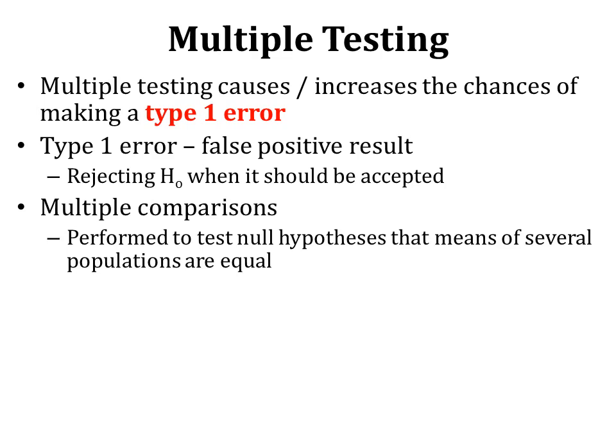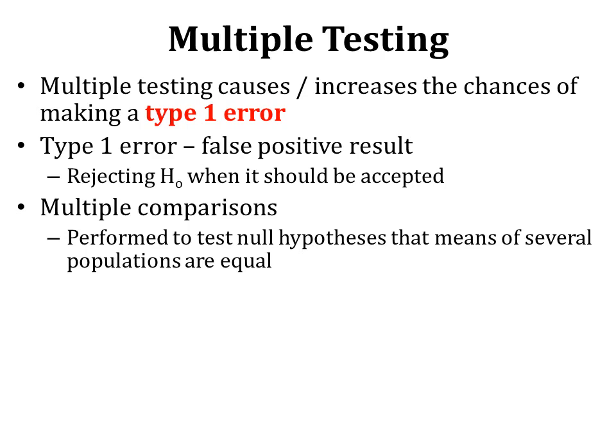So, multiple comparisons are used to test the null hypothesis that the means of several populations are equal, right? What is the statistical test for? The statistical test is to check whether the null hypothesis is true or false, right? So if you are going to perform a single t-test,